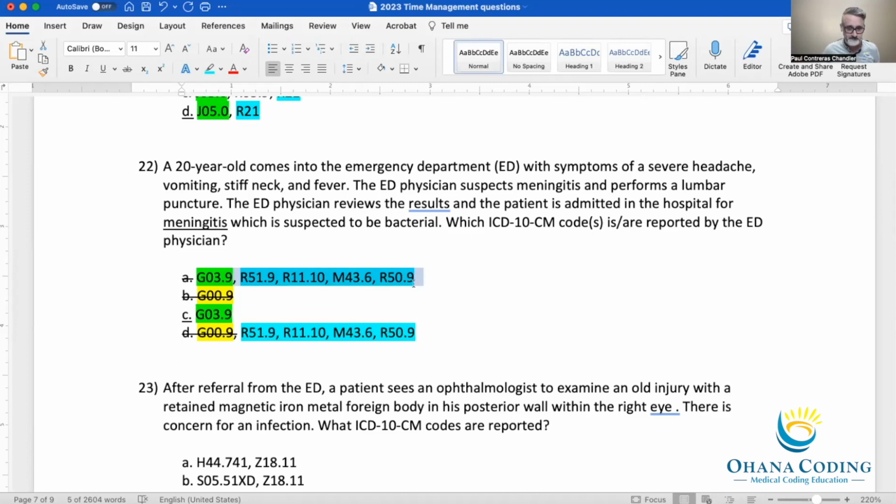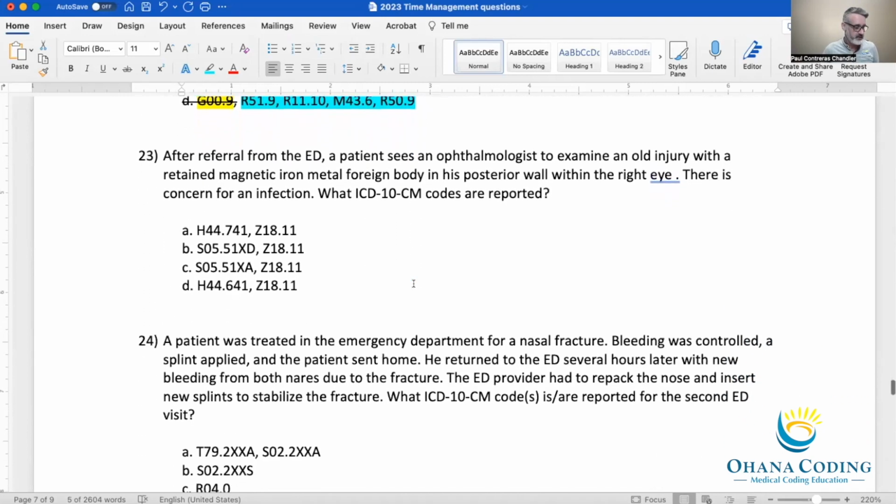So that's number 22. Then number 23, put 2:24 on the clock. And we are a go for 23. And for number 23, 4, 3, 2, 1. Z18.11 is in there 4 times, so it has to be valid. And now we have the differences. H44.741, 641, those are different. And the